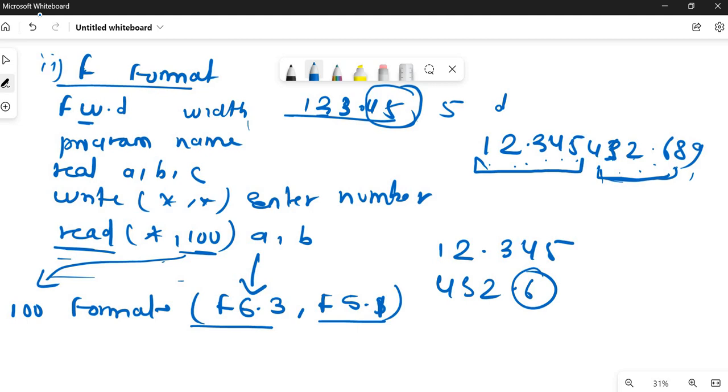Okay, like this you can give. I think 345 has been taken, yeah. So 432, yeah. Okay. Next format is